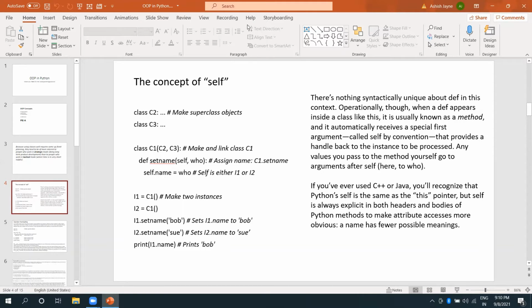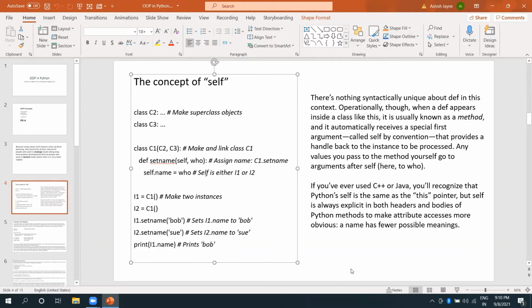Now, the concept of self you were asking, like yesterday when we were discussing one of the classes, we were writing some code where the class had come. You were talking of self. In Java, you must have heard of the this pointer, right? Yeah. So self is like this only, except that